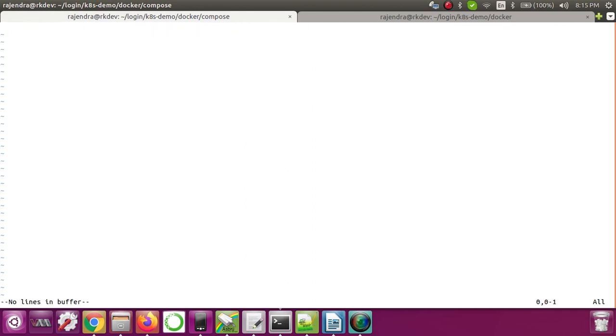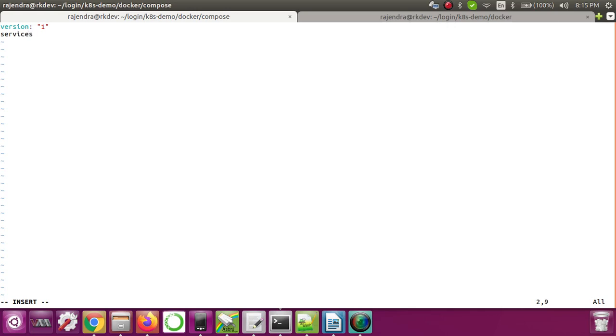How can we write it? We have seen that the first key that we require is version. Version is a key value, so let me give version 1. Now we have to put the services here.